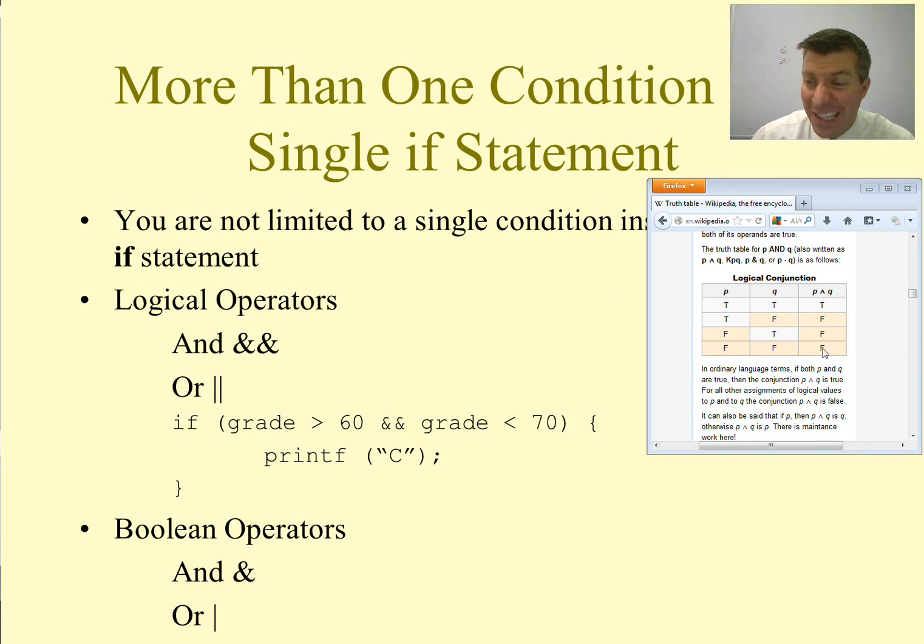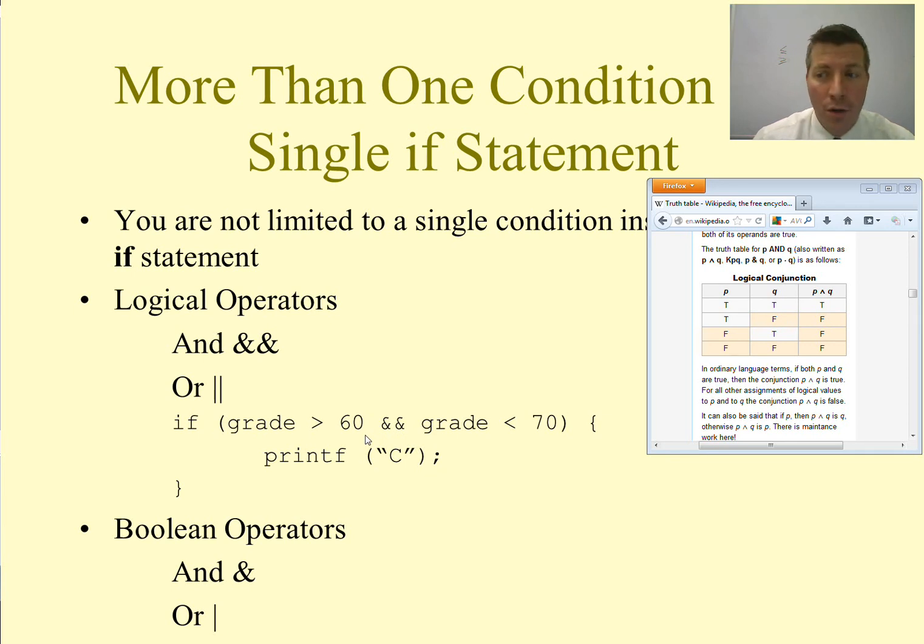You see that the output is always going to be false. So with the logical operators, if the first condition is false and you're doing an AND, you don't even need to check the second condition because you know the output is going to be, that's right, if either one of the conditions is false, you know that the output is also going to be false. So with the logical AND operator, if the first condition is false, we don't even need to check the second